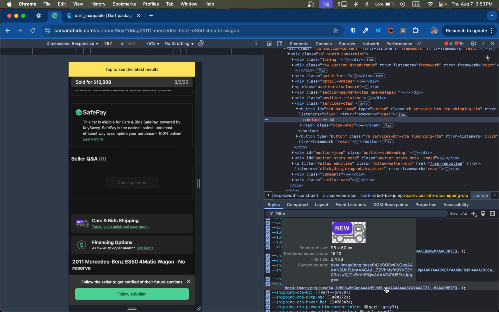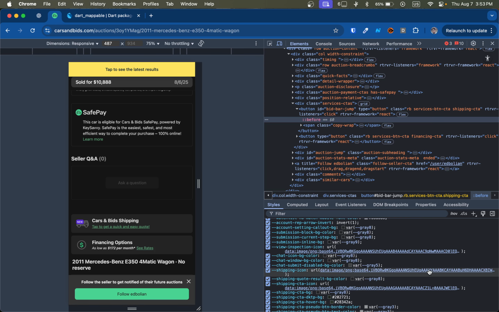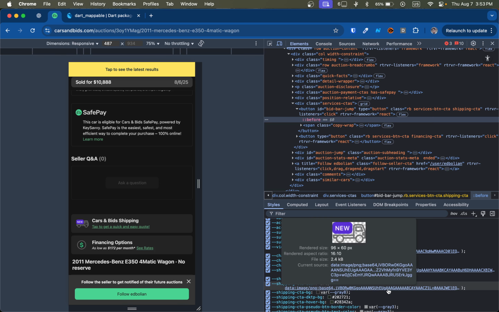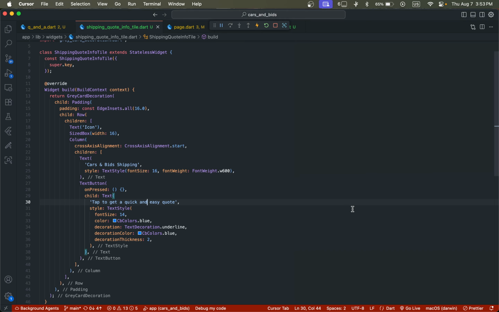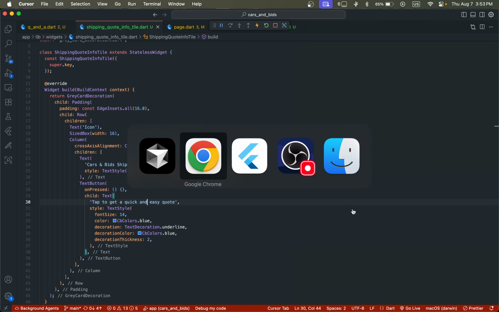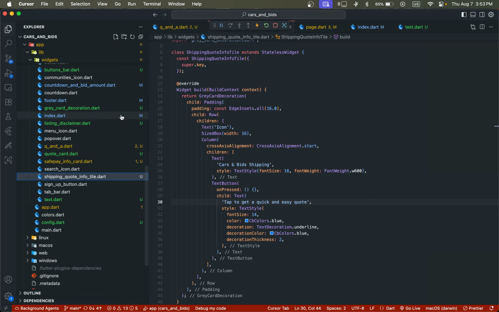Shipping CTA. I guess I am going to call it a shipping icon because CTA stands for call to action, and I don't know if it's necessary. So now let's just go back to the code, and